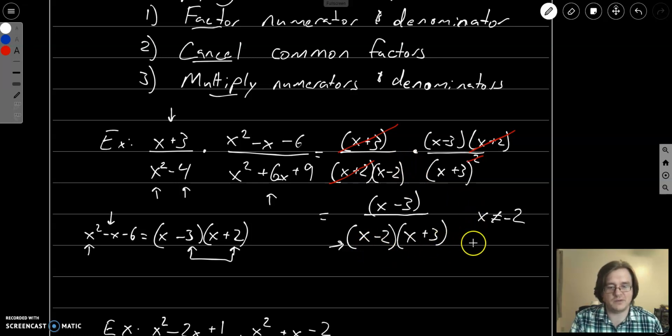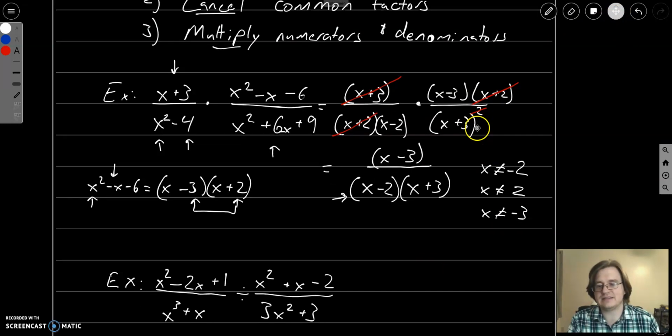Also, from looking at this, I know that x cannot be equal to 2, otherwise I would be dividing by 0, and also x cannot be equal to negative 3, otherwise I'd be dividing by 0 over there. Let's look at one more